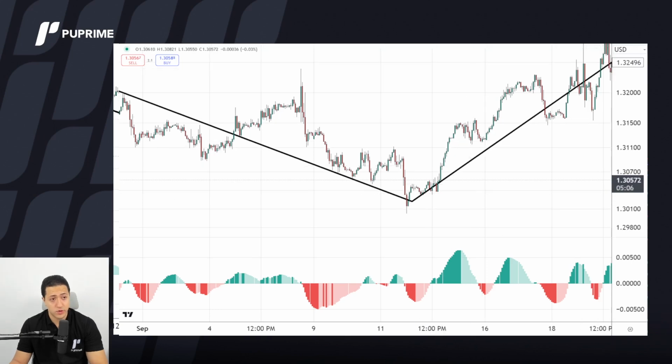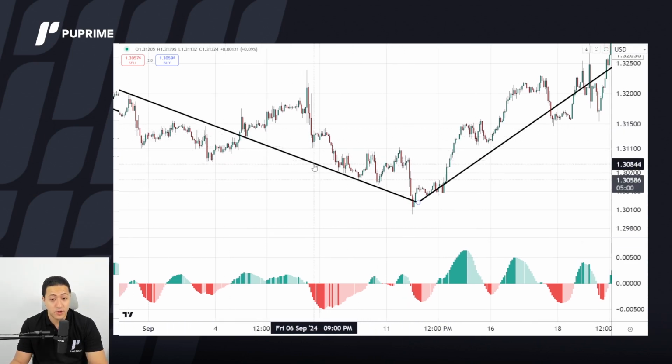Can you write down in the comments? Type yes if you see a divergence, and type no if you don't see. I'm using divergence and Dominion break. Very profitable. Good. Very good.